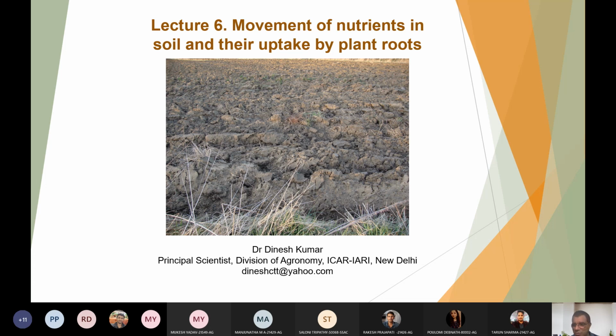So the root will try to change the soil's chemical properties, or make some changes in the soil. Either it will help the soil to dissolve the nutrient, let us take out the nutrients, or it can also solubilize the nutrients, or it can directly catch the nutrients. So there are ways. First of all, the nutrients should reach the surface of the root. And after reaching the surface of the root, they should be taken up by the root. How they move from different soil parts to the plant root, that is one subject.